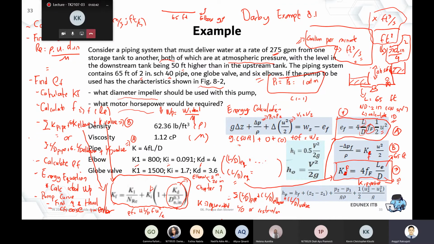So how can they generate the pressure drop itself? It's based on experiment again. You just flow 1 cubic meter per second of water into 1 elbow, check the pressure in the upstream, check the pressure in the downstream. What will be the pressure drop? Okay, that's the pressure drop. That means I can calculate my equivalent L per D. Okay, I think that's my answer. Hopefully that answered the question.